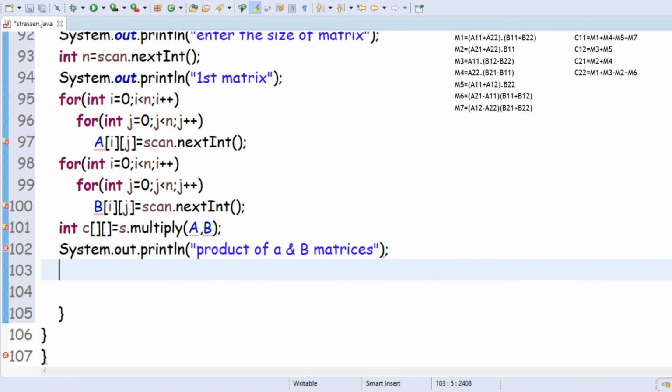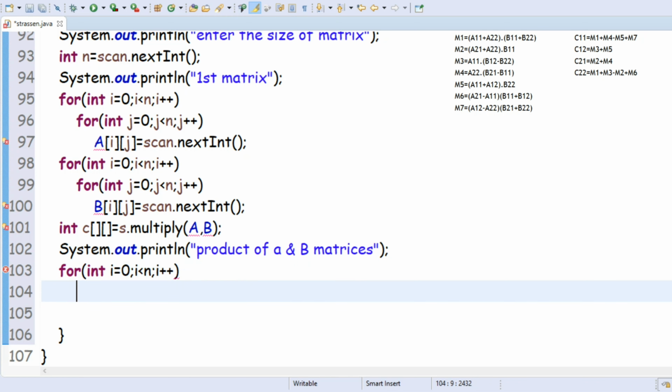So we are sending the result. So for loop for int i equals to 0, i must be less than n, i plus plus. Similarly for int j equals to 0, j must be less than n, j plus plus.